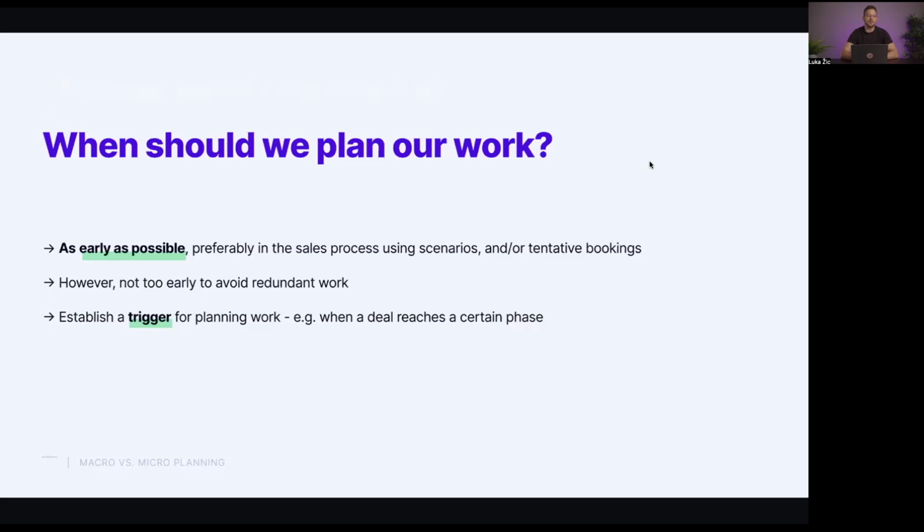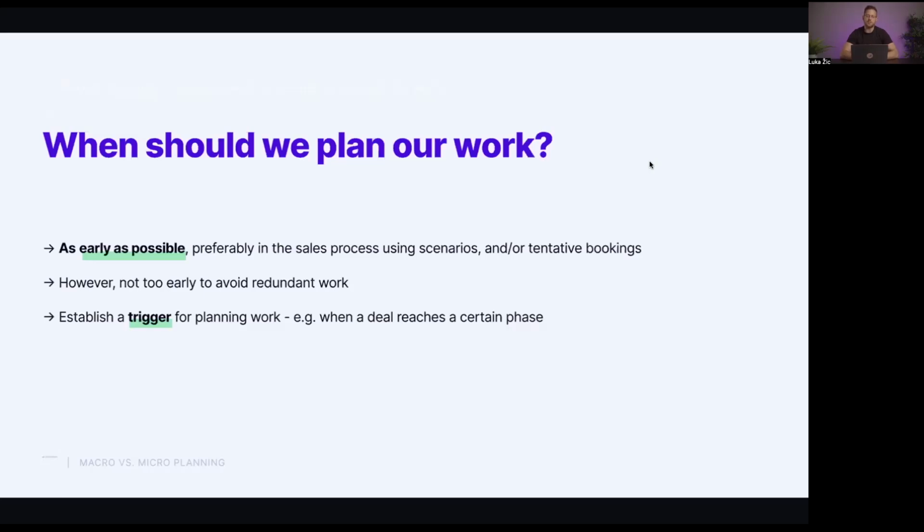And there are layers to this. Generally, the ideal workflow that you should be using, which we'll touch upon later in a bit more detail, is that you would first forecast your work using scenarios to make sure that the job meets specific criteria, such as your profit margins and the like. Using tentative bookings, thus communicating that this job is in the pipeline, but it's not yet fully there. We haven't yet signed off on it. And then later on, once the job gets confirmed, you just confirm the bookings and you have the whole job clicking into place.